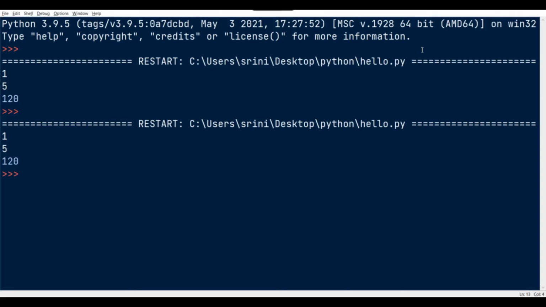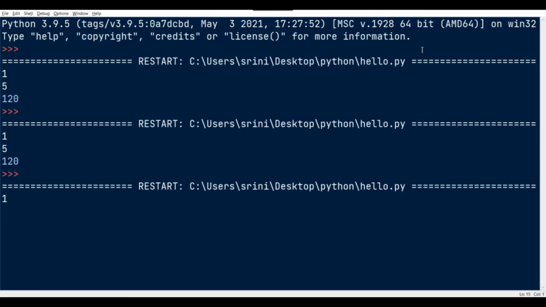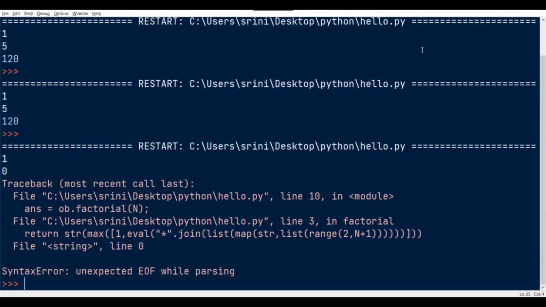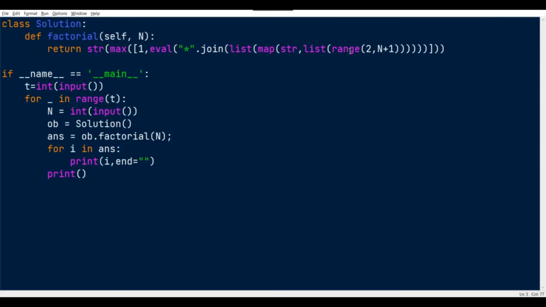I'm not sure if this is working for negative indexes or 0, so let me check that. We are getting an EOF error. This is because 0 is not in the range, right? We just start from 2, and 2 is obviously greater than 0, so it won't work.